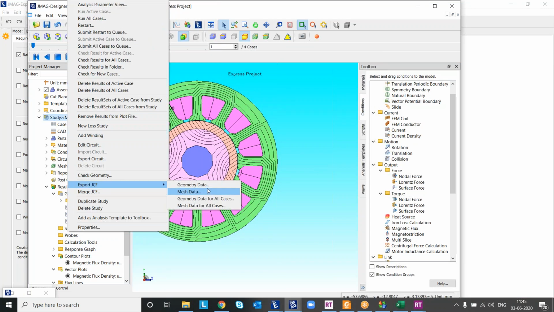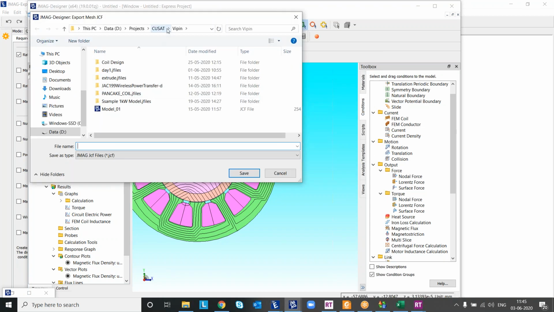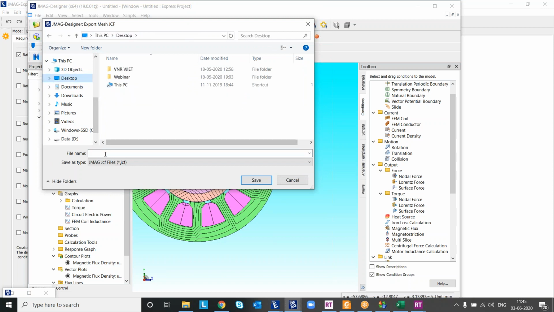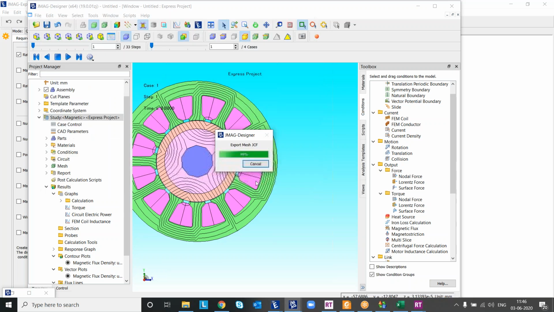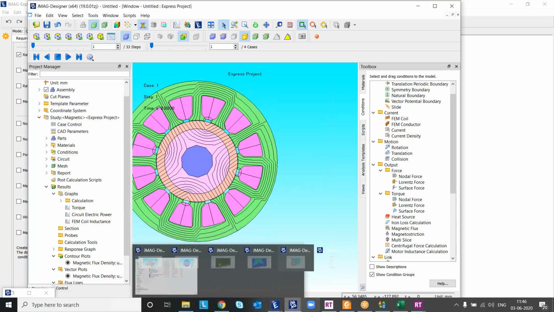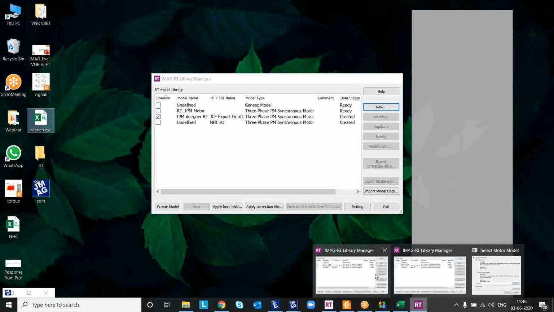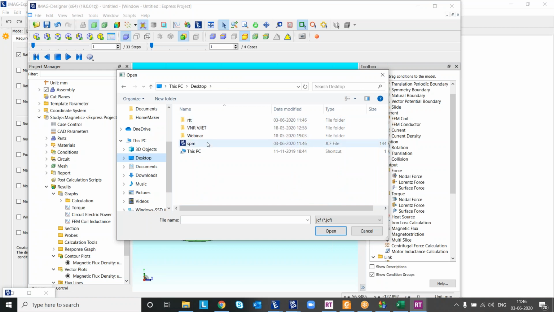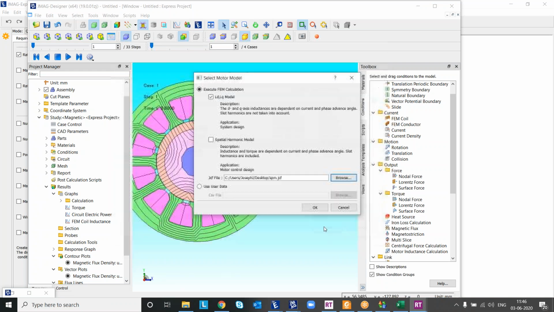I'm exporting the mesh data here, or geometry data is also fine. So here you can see the SPM file, so I can select that. If I'm clicking on LD LQ model, I can click on OK